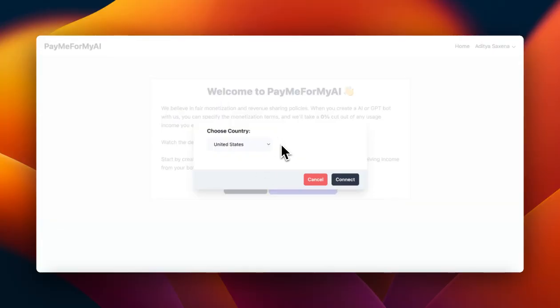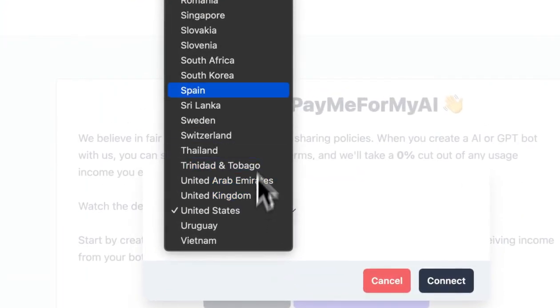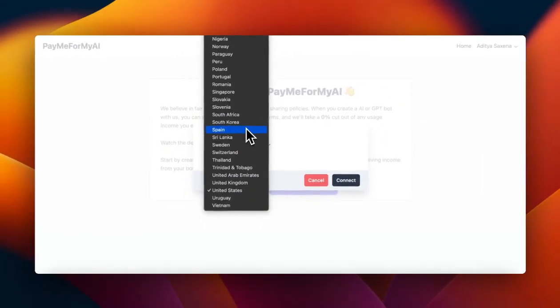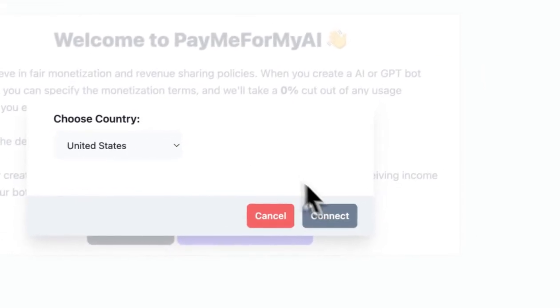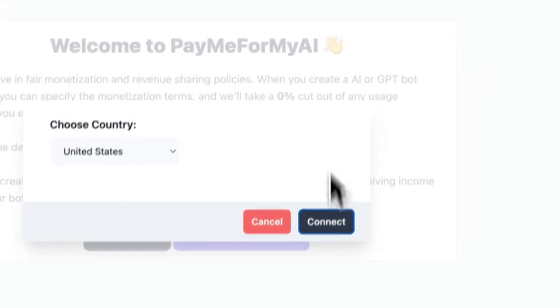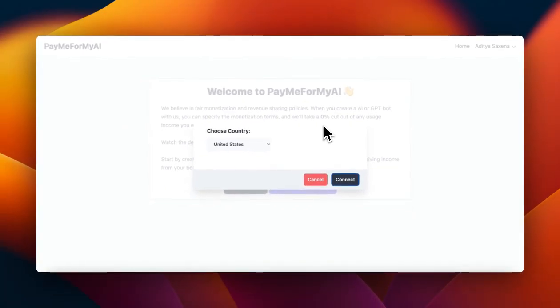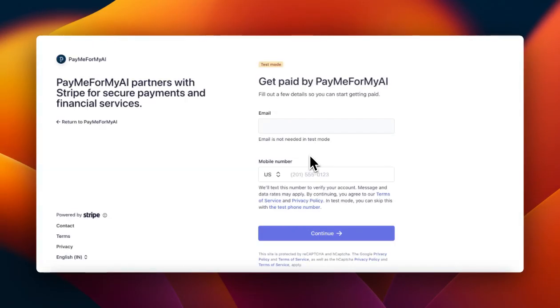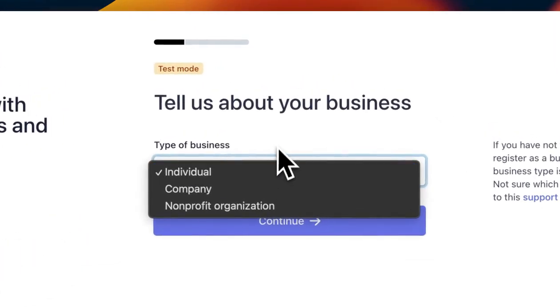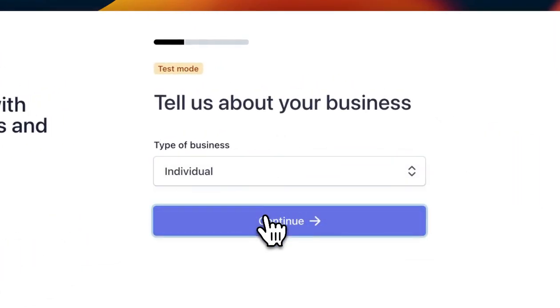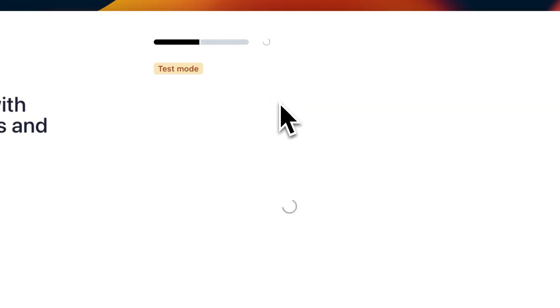So I'll now choose a country. You need to select the country of where your bank account is, and then just hit connect. And then you will be redirected to the Stripe onboarding information. So I'll first submit my number and then hit continue. Once I've done that, I can then select type of business, and this workflow will be different depending on which